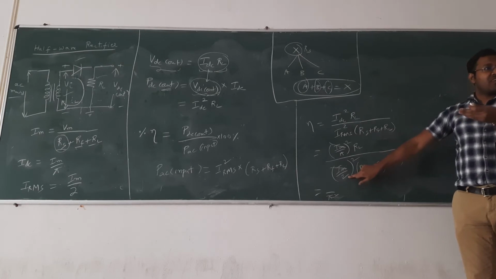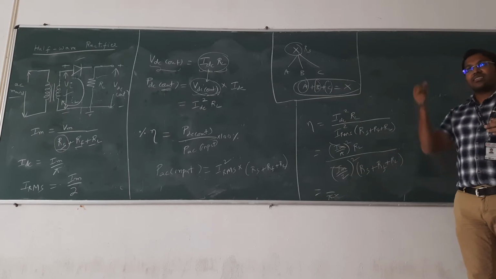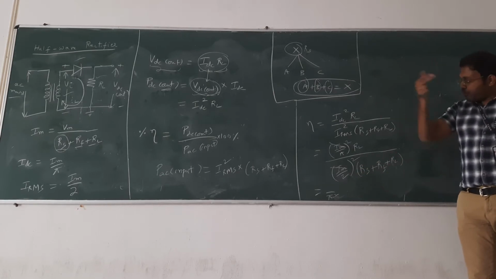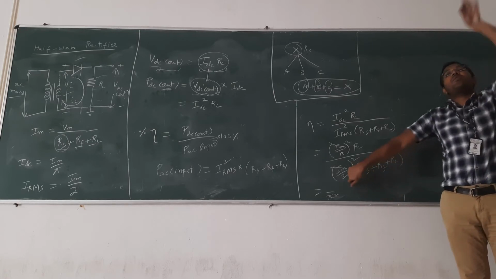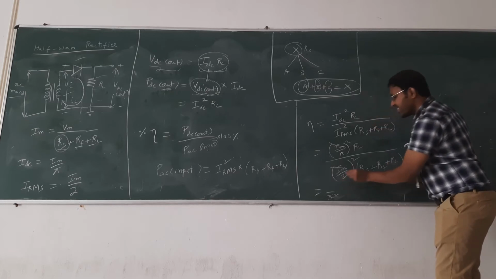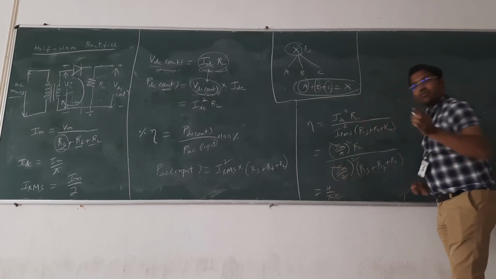Where will the 2 come, numerator or denominator? Numerator, because it is 1 by something divided by something by 2, so that 2 will come to the entire numerator. Okay, simple school level mathematics. So actually you have 2 square. So what should we write? 4. Okay.